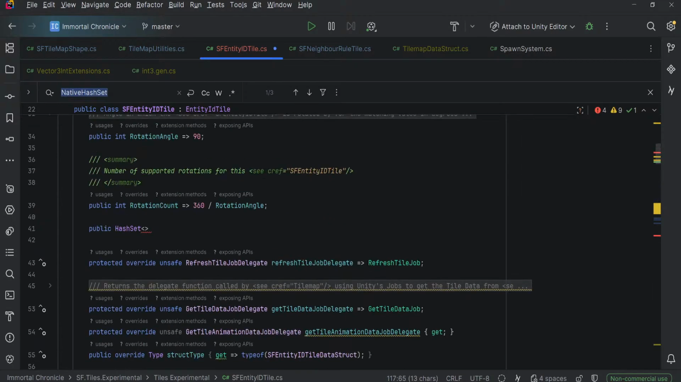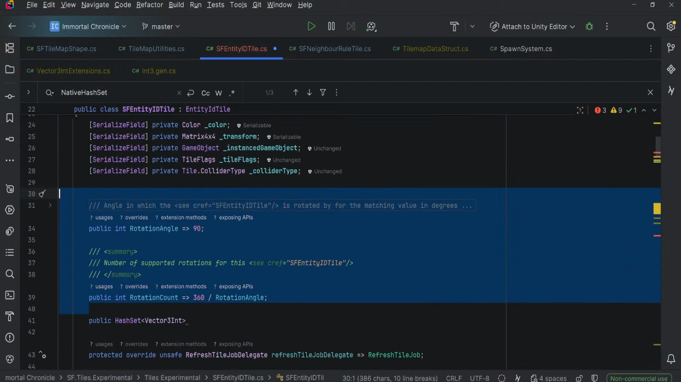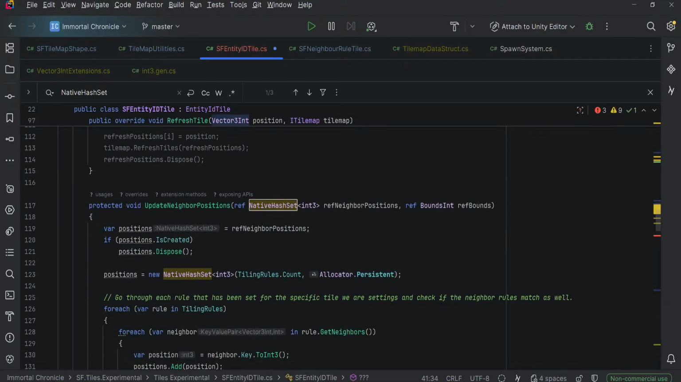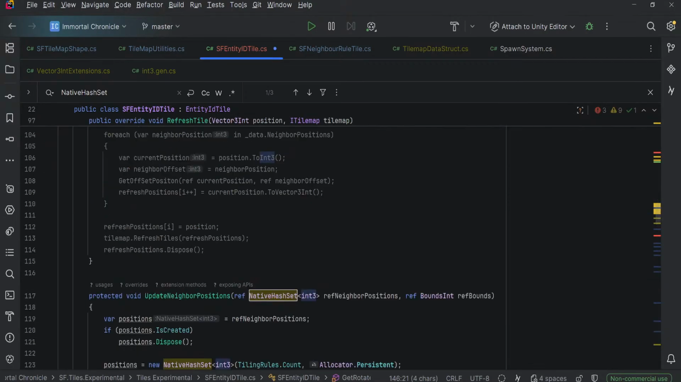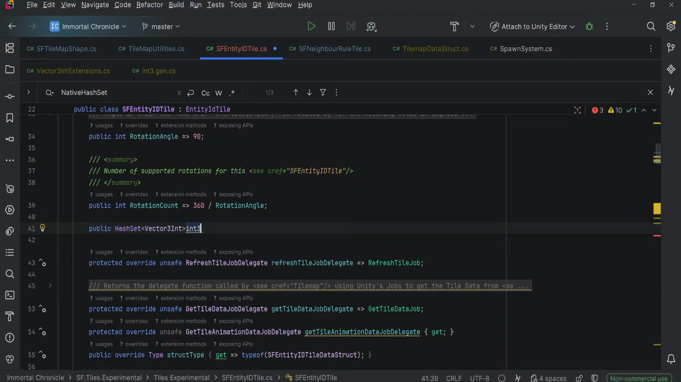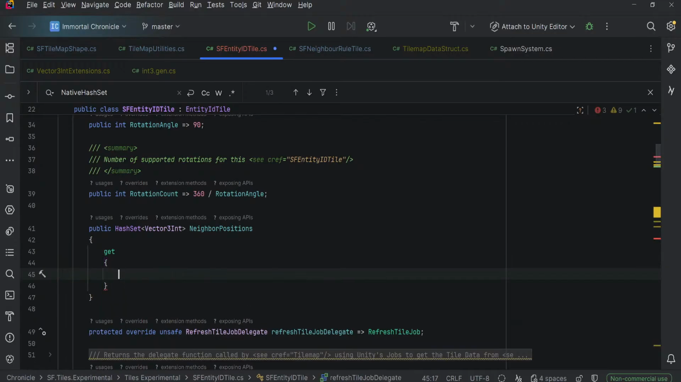So I actually need to go up here and say vector3 int. When we're inside the normal class, we use vector3. And whenever we're doing burst code and stuff like that, that's when we're using an int3. Because int3 is pretty much the same thing as vector3 int. It's just inside the mathematics assembly. So neighbor positions and get name. And I think, okay,